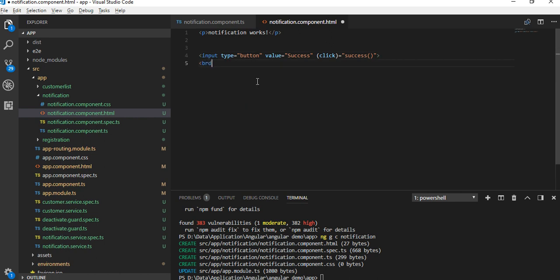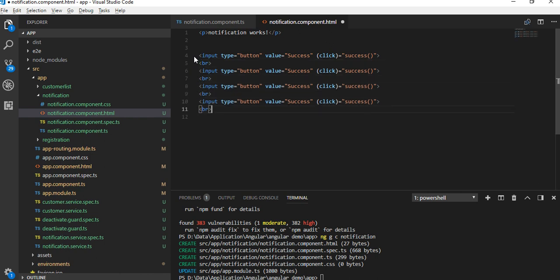And then a br tag for the line change, and then define similarly for error and warning. So it should be error and it should be warning, and the last one we'll implement for the info.